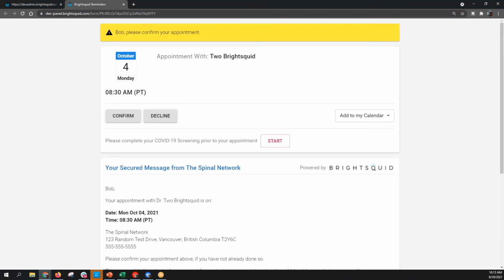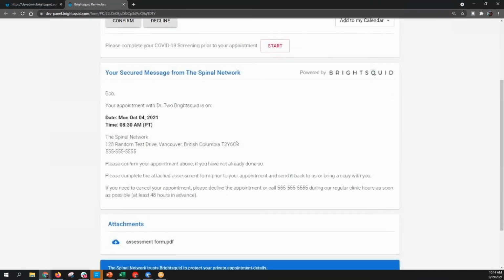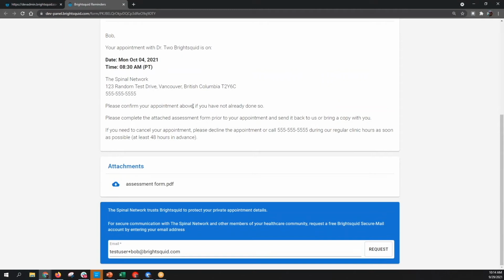And now our patient is viewing the secure component of the appointment reminder. This is where there can be specific information to the patient about what we want them to do. The real call to action is here at the top of the screen, the confirm and the decline buttons. There's also the opportunity to access the COVID-19 screening appointment information. And further down here, we can see things like the specifics of the appointment, the type of appointment could be displayed here as well. And there's also this assessment form that I talked about a moment ago that we're asking the patient to download and fill in